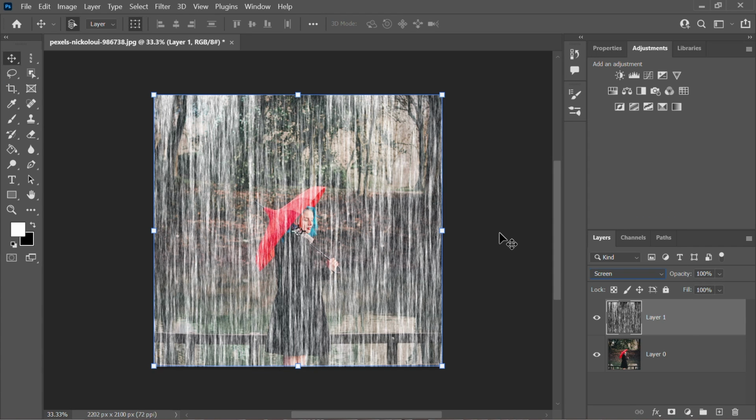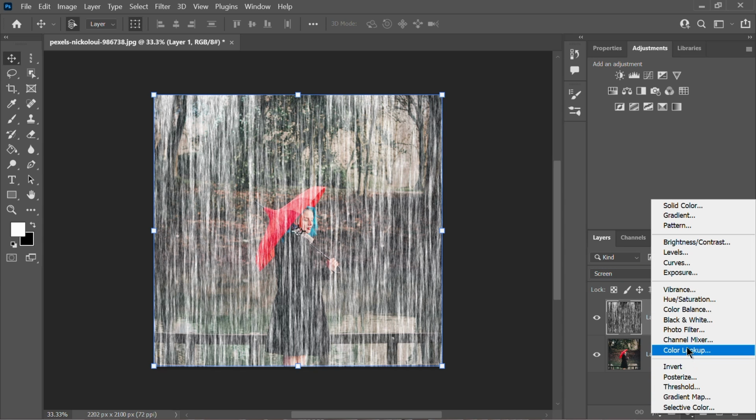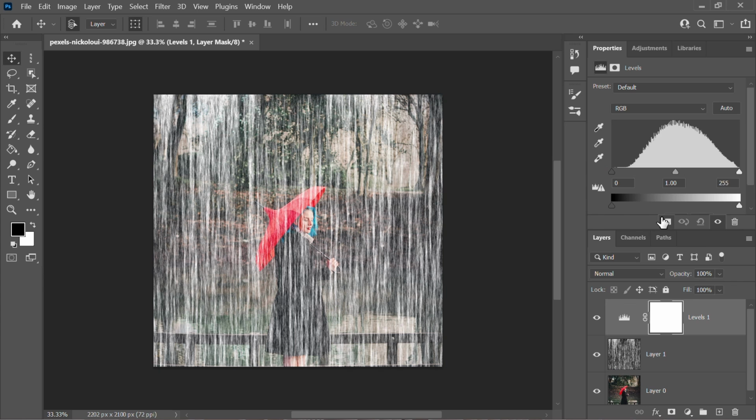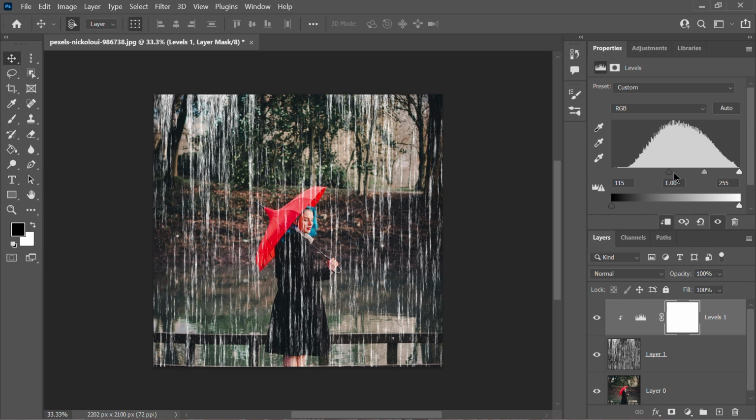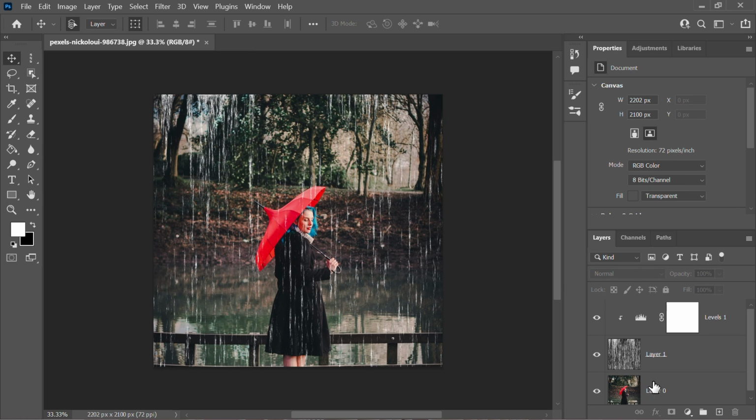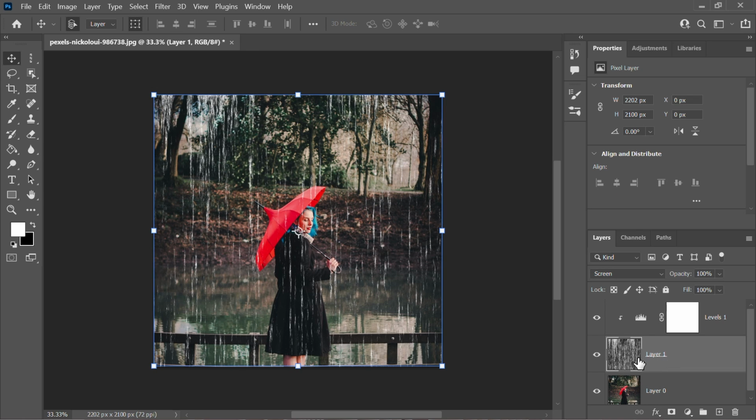Now, let's add levels. Click on the Adjustment button, go to Levels, and select Clipping Mask. Follow these adjustments. Then select the rain layer and go to Filter,